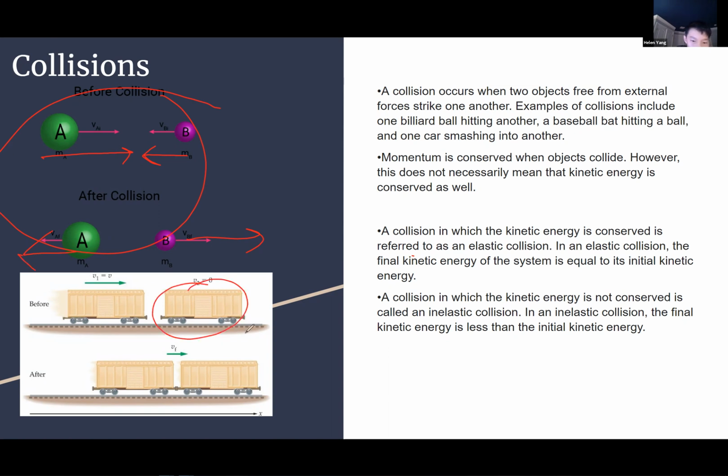But for an inelastic collision, this train right here is not moving, and this train right here is moving at it. So after the collision, they both move together. So the collision for an inelastic collision would make the kinetic energy not conserved, because